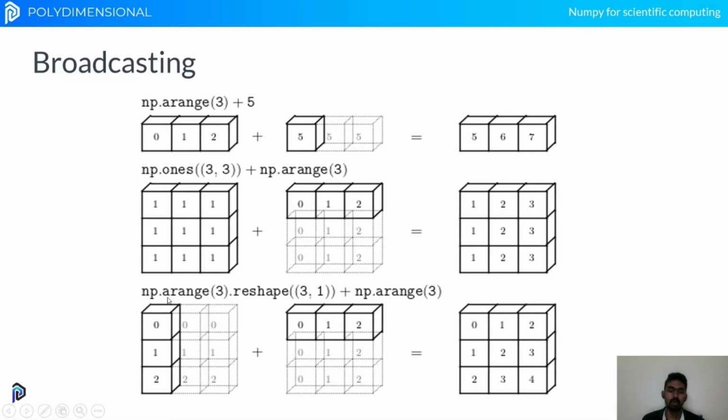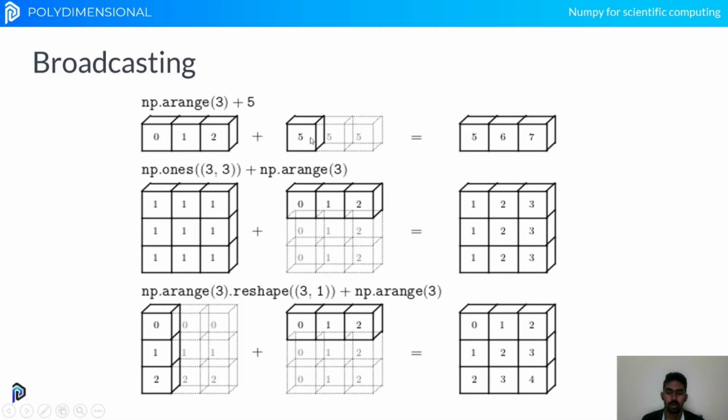Similarly, in the third example, the first array is 3 comma 1 and the second array is 1 comma 3. So they are of different shapes. What we are doing is broadcasting the first array along the columns and the second array along the rows so that they are compatible to make the operation. I hope this makes broadcasting clear, and we'll also be coding it in the upcoming sections.